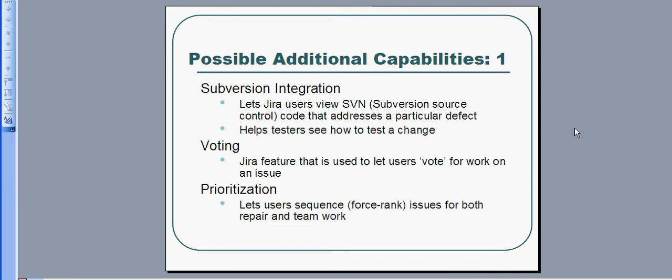Voting, we can do voting in Jira where, and again, all the rules can be configured, people can actually vote on an issue. It's kind of like a popularity contest, whether you're at business voting for a particular issue in order to get it moved into a scoping activity for a release. And the same also can be done with a prioritization, and this is a forced rank, where